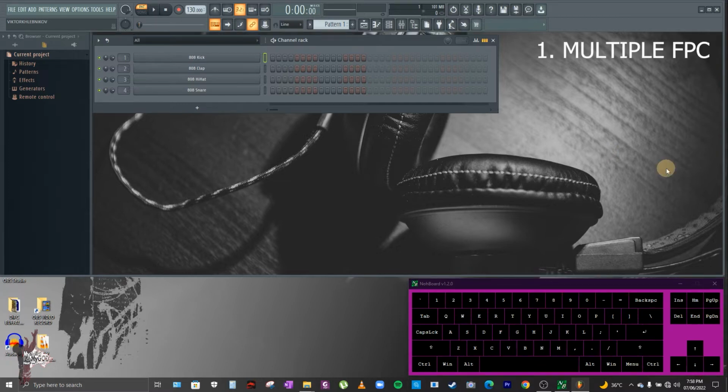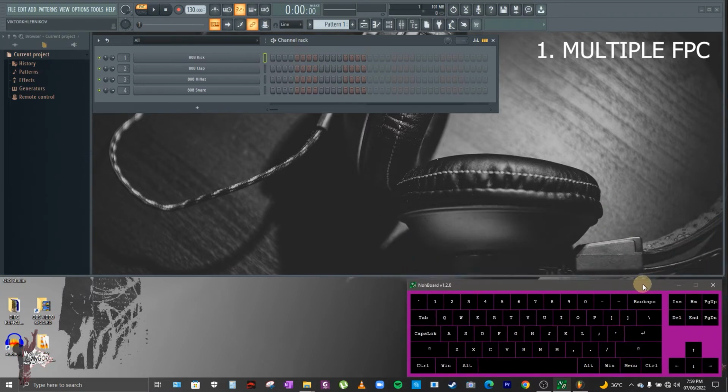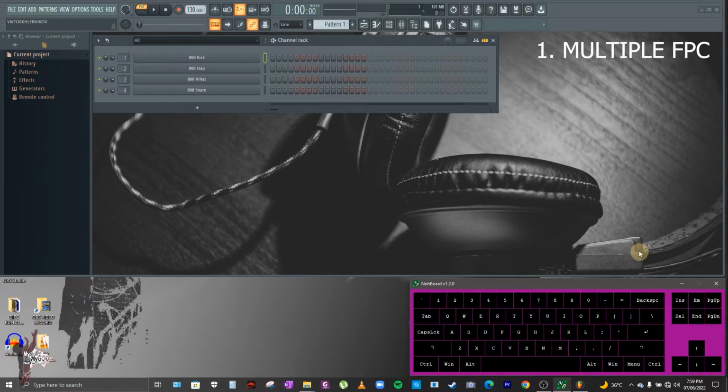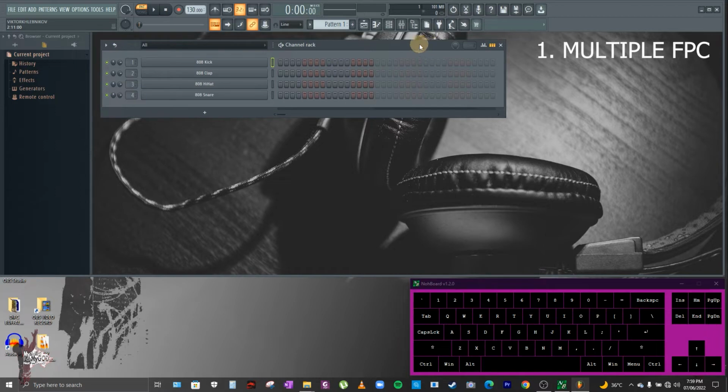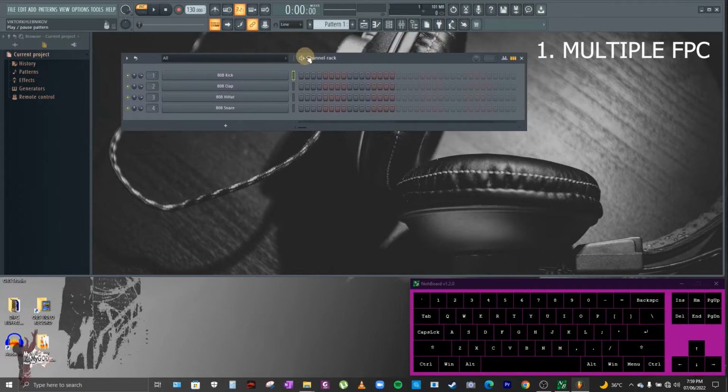Before anything else, we have here our virtual keyboard, just for you to see which keys I am also typing for your easy reference, so that you can follow me easily throughout the video tutorial. Now, what we need here in FL Studio is just this channel rack.